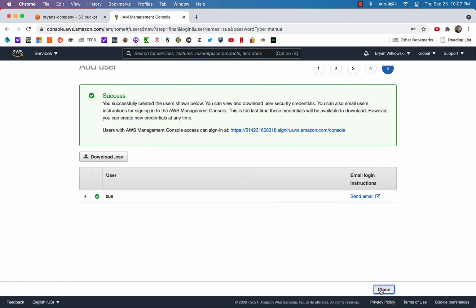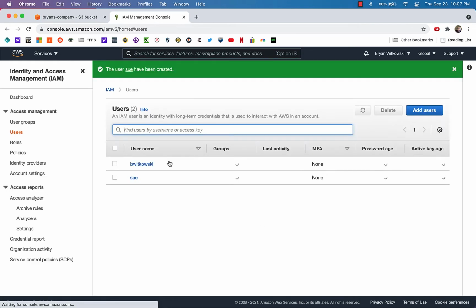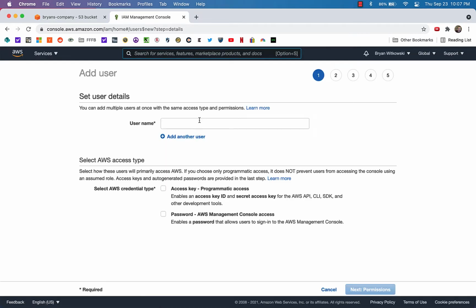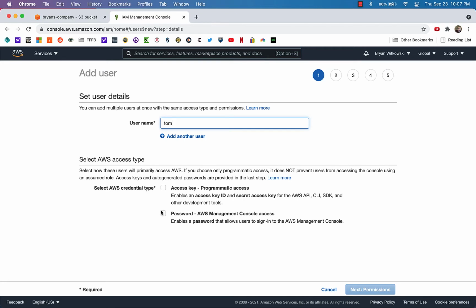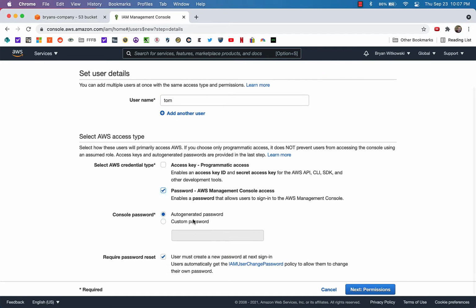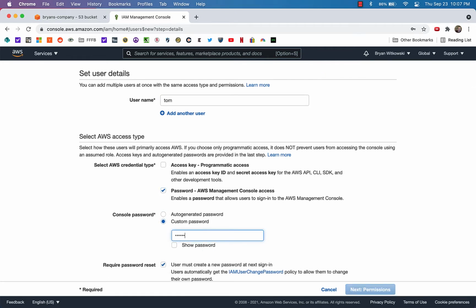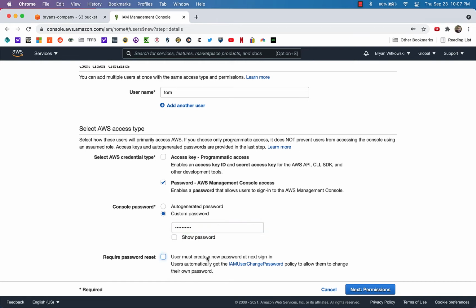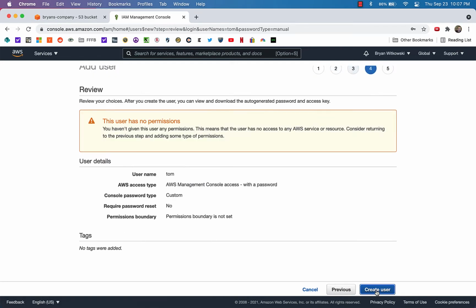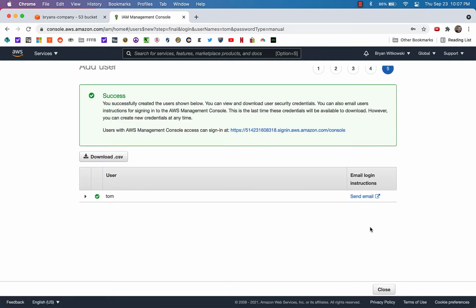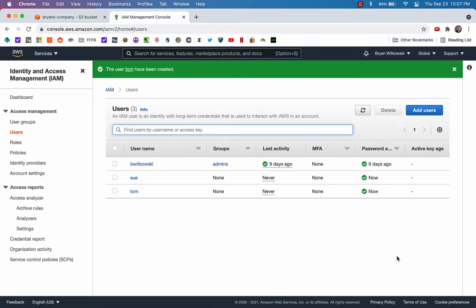So we have one user who's Sue, and then I'll do the same thing with Tom. So I want to add another user, Tom. And again, Tom needs access to the console. I'm actually making Tom have the same password so I can remember it. And I'm just going through the process of creating that second user. And Tom should be all set now. Okay, so I have Sue and Tom, and both of them are set up so that they have no permissions